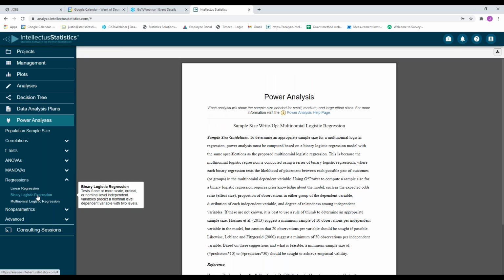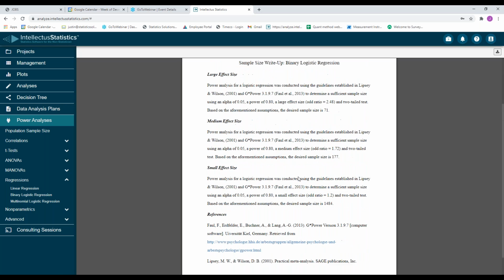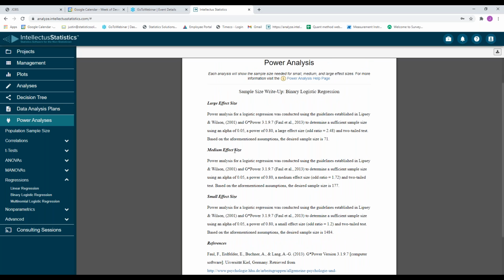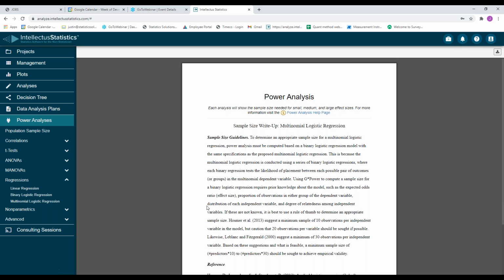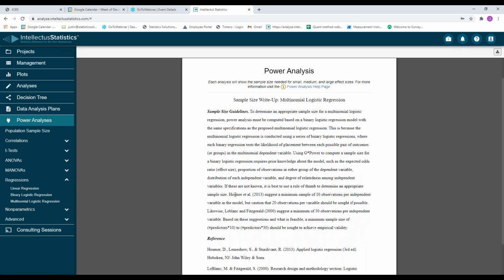For a logistic regression, you can do a power analysis for a binary logistic regression. So that's if you have a dichotomous outcome, pass and fail, for example. You can do this as well. However, in my experience, the sample sizes are pretty large for a logistic regression. So as you can see here, if you have a small effect size, it goes up to the thousands, which is probably not ideal. So if you go to multinomial logistic regression, I typically use rule of thumbs